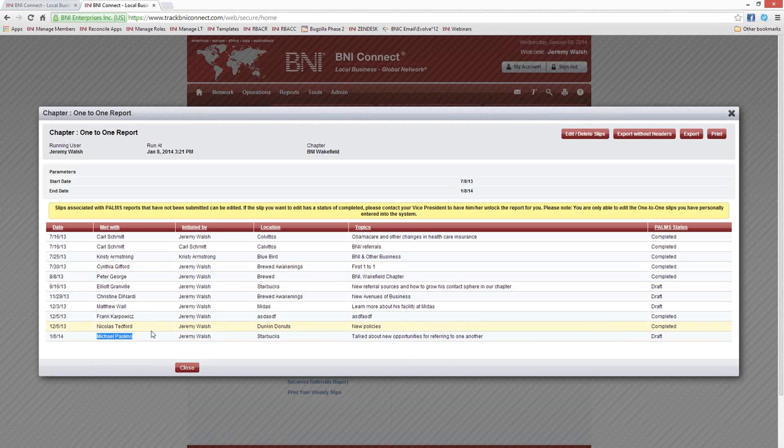From a member level, there's an added benefit to this. As we all know, one of the driving forces to be able to both give and receive referrals from other members within the chapter is by doing one-to-ones with them in order to find out more information about them. Now, I'm sure this has never happened to you, but maybe you're sitting in your chapter meeting and you look across the room at another member and you say, you know,